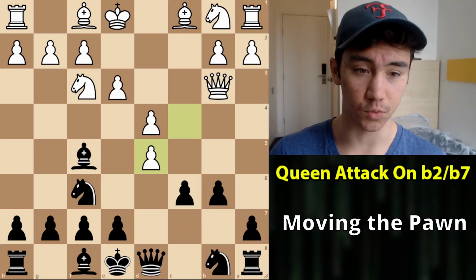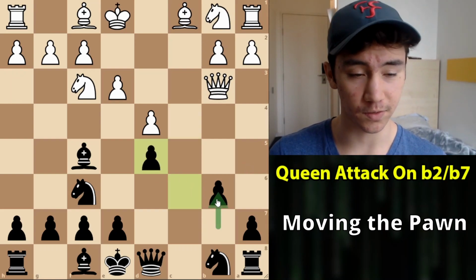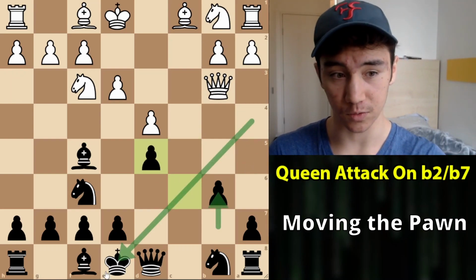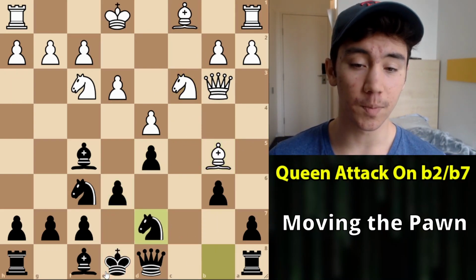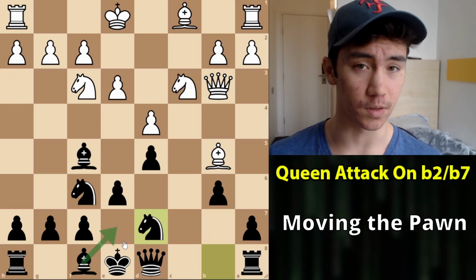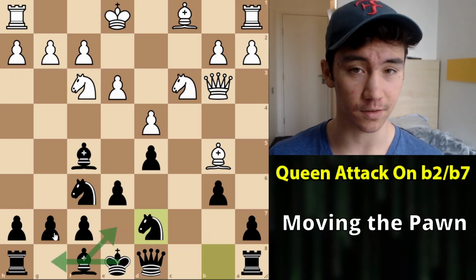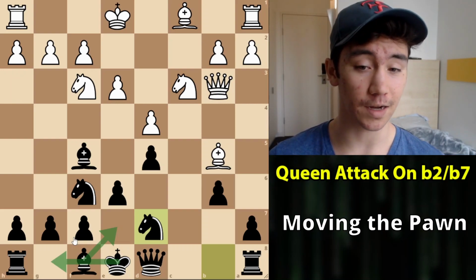common way of trying to exploit very early on the weaknesses that accompany this move b6, namely for example this diagonal where they can soon give a check on b5, and after knight bd7, you might be thinking, okay, it's not too big of a deal though, Black might be able to develop their bishop, castle, get their king to safety, but there's a very nice move in this position which exploits again the fact that Black has this